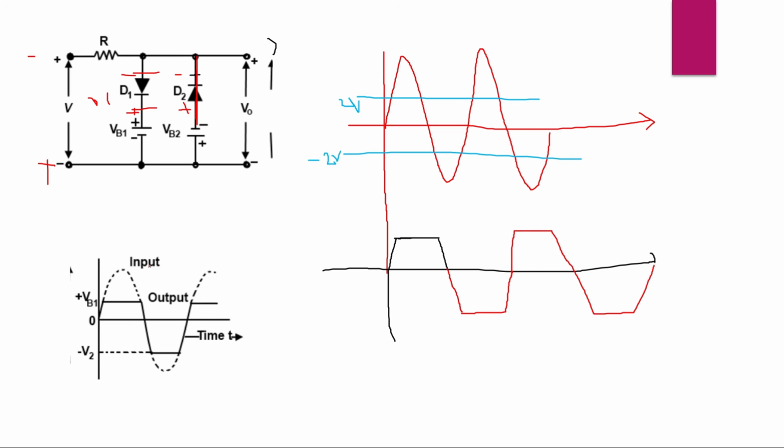In this similar fashion, however much you are giving the input, that much it is behaving like a step response and slow decaying. It's like 2 volts, plus 2 volts, minus 2 volts, plus 2 volts, minus 2 volts, with the dotted lines of that one. So in this way, this dual diode clipper circuit is going to work. To better understand, let's go to Multisim.